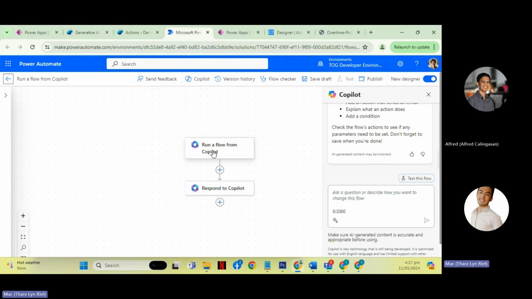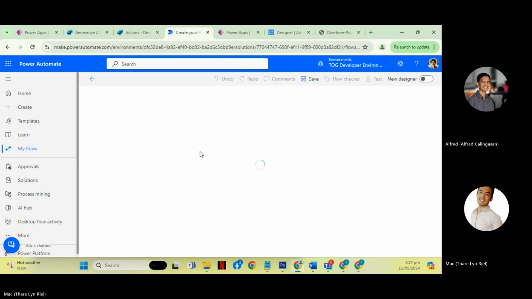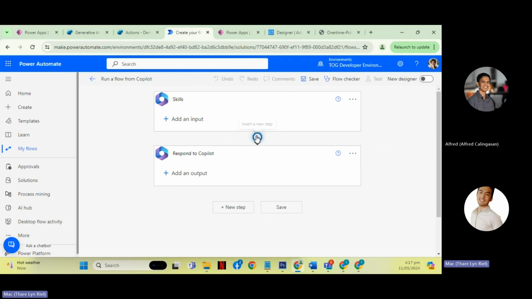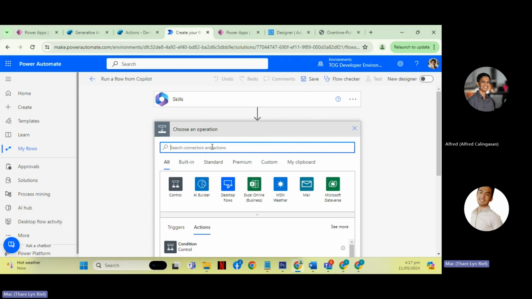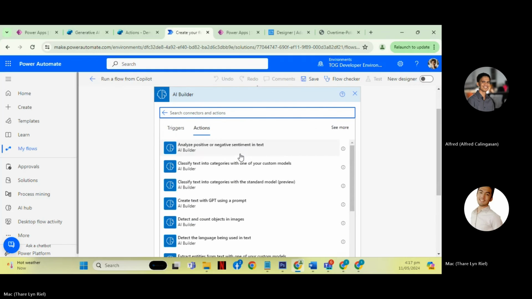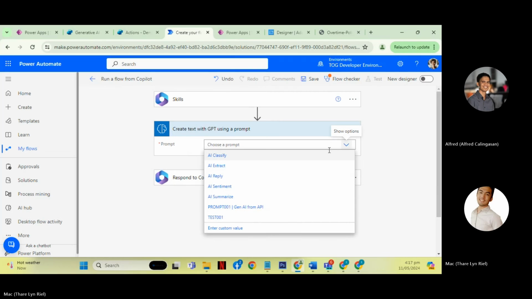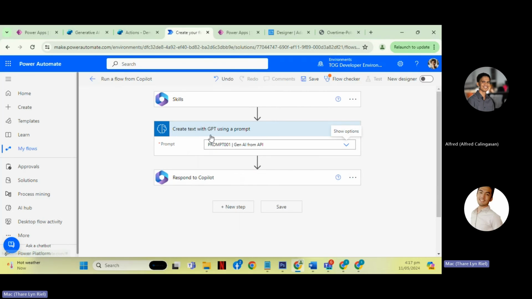You can instead create a Power Automate, and then add action, search for AI Builder, and then select create text with GPT using prompt, and then your prompt will be seen there.